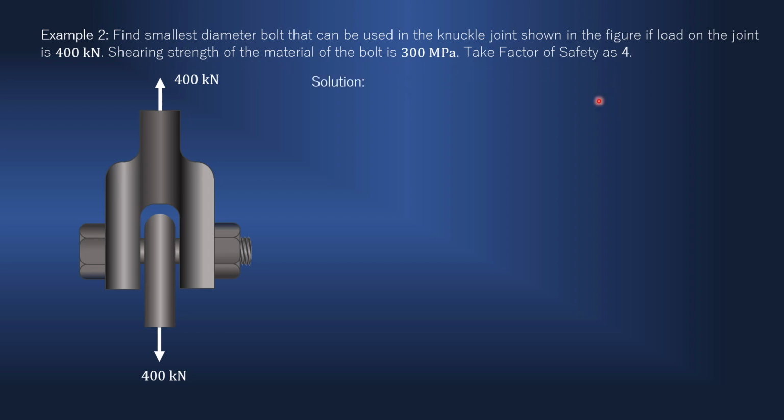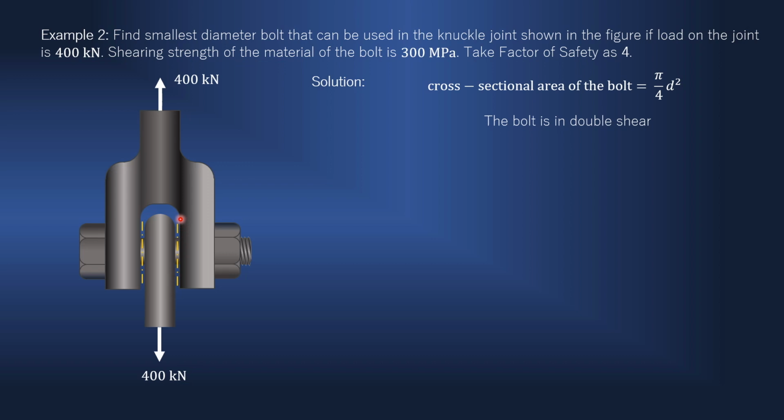So we say that working stress is indirectly given. Okay, so let's solve the problem. First of all, the diameter of the bolt and cross-sectional area of the bolt are not given. In fact, we want to know diameter D. So in terms of D, this is the cross-sectional area. The bolt is in double shear.